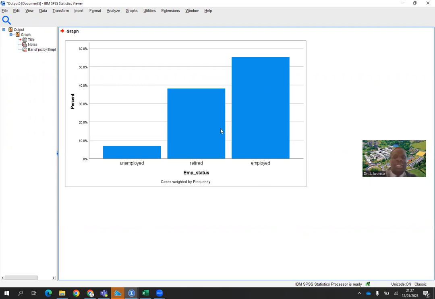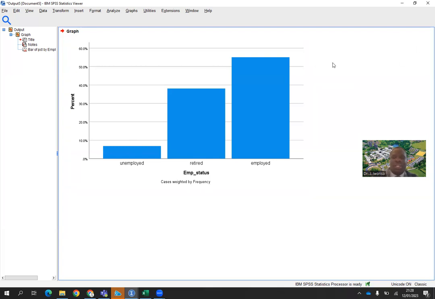So there are more persons in this population that are employed in active service as compared to those that are retired and those unemployed. Those that are retired could still be getting benefits, could be getting their pension, gratuity, and all of that. But those unemployed, of course, it could be more challenging. They could be depending on the employed, and in some cases, they could also depend on the retired. So we could see how easy it is to input categorical data and a particular group data set in SPSS, and to also obtain